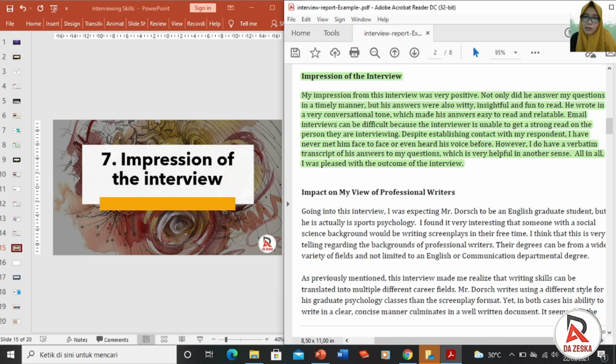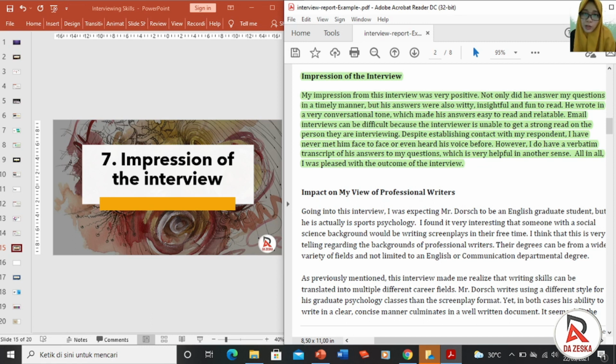So this is clearly the tone of the writing, where the writer wrote her or his impression of the interview very well. The writer was very pleased with the outcome or the findings of the interview, and he tried to let the readers know his or her impression. So it also works similarly for you, my students, for your interview. If you feel satisfied with the interview that you had done with your participants, you may mention that,